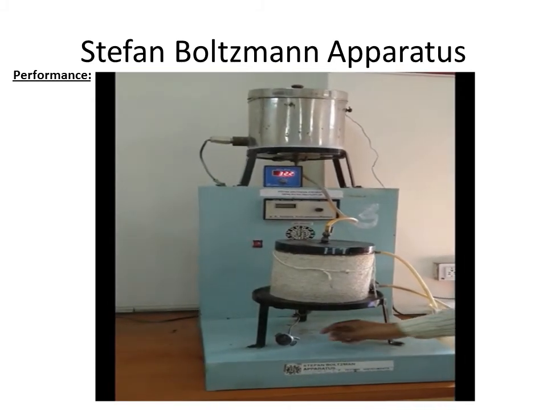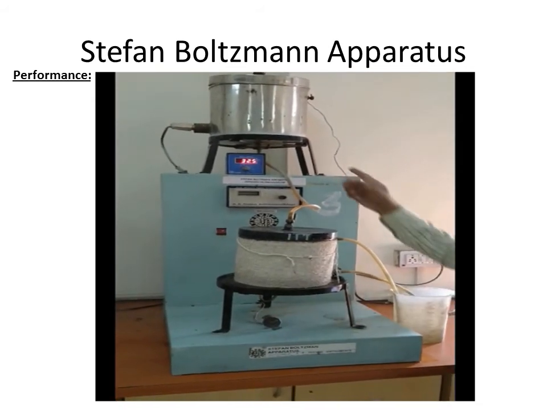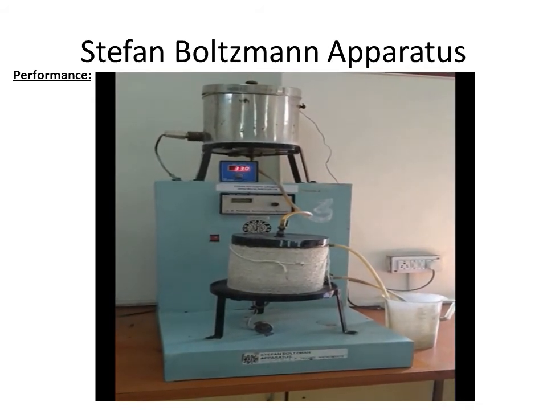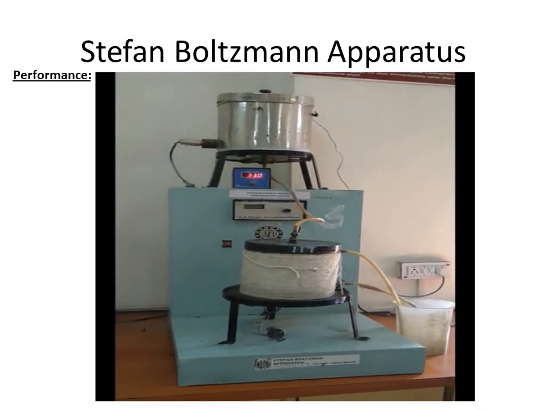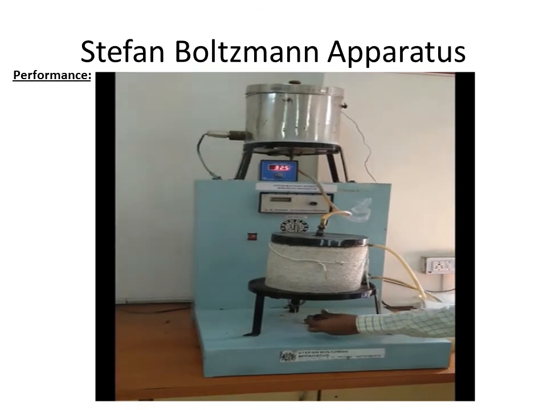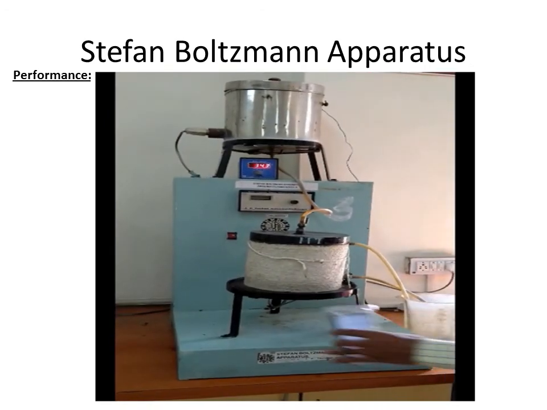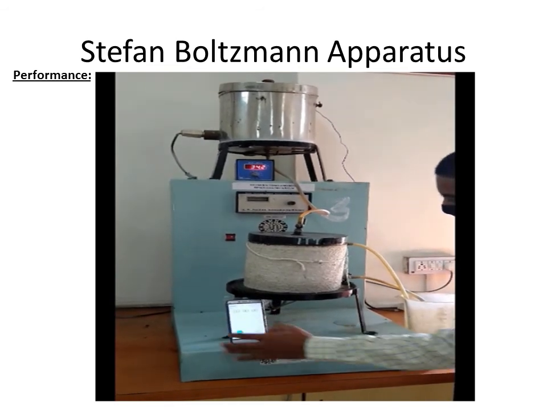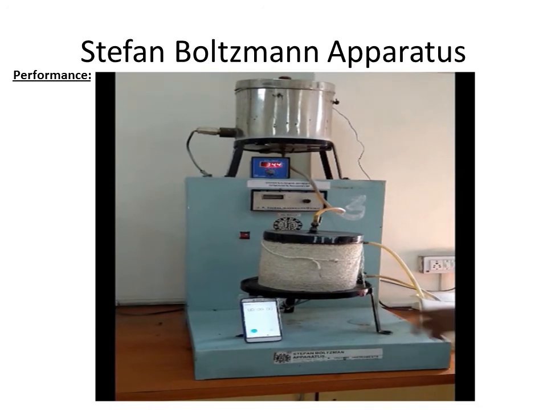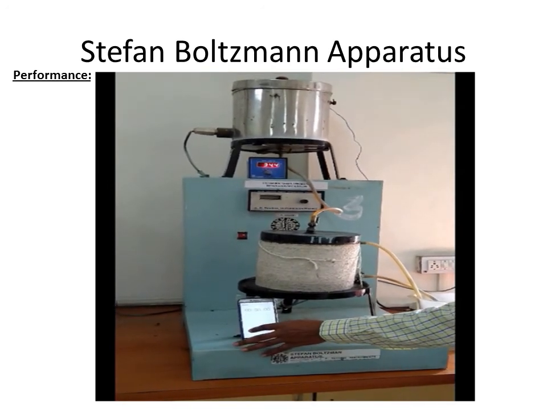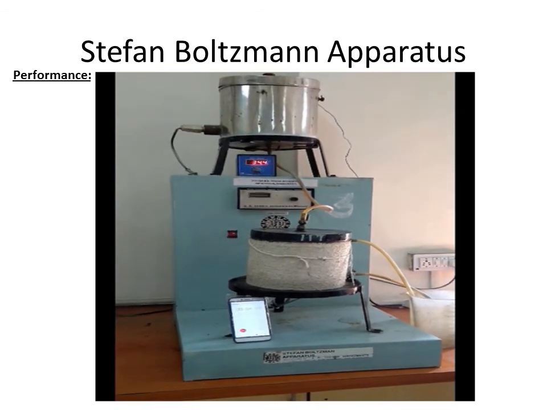Now you can see this disc is lower, so it is showing the room temperature. At 0 second, you have to note down the reading, which is 32.5. Now you have to attach this disc to the base, and take down the temperature at 5 second intervals of time. At 0 second we have already noted down. Now we will take at 5 second intervals. So quickly you have to note down all